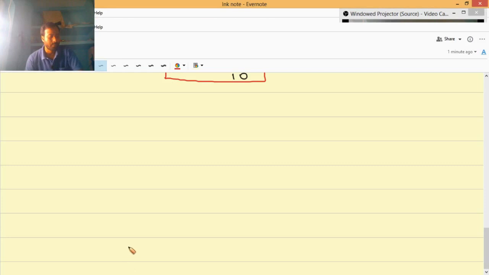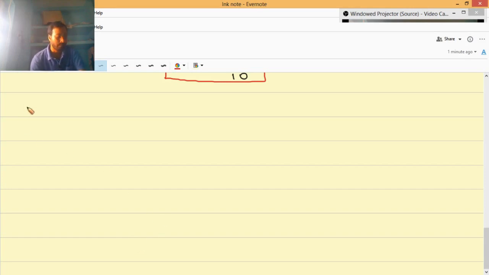The next problem is 46th. A pendulum of length L is suspended from the ceiling of a car moving with a speed V on a circular horizontal road of radius R. Find the tension in the string when it is at rest with respect to the car, and find the time